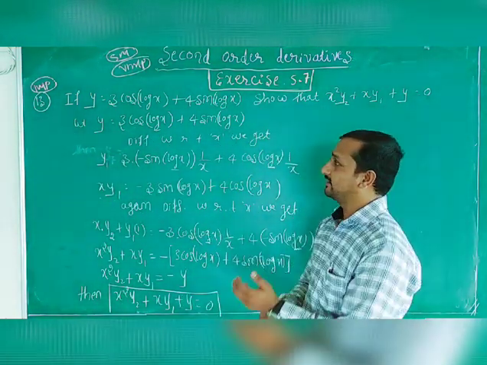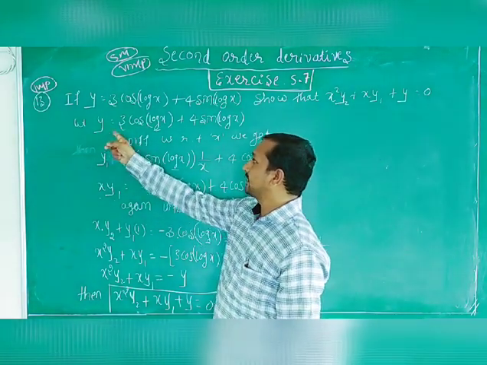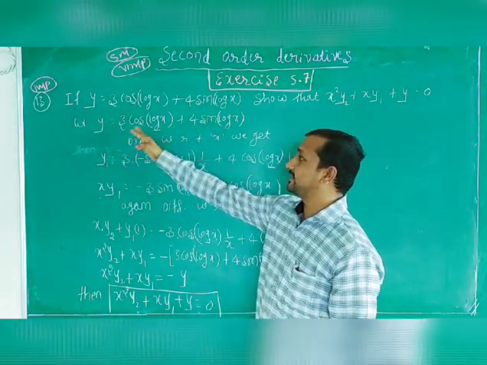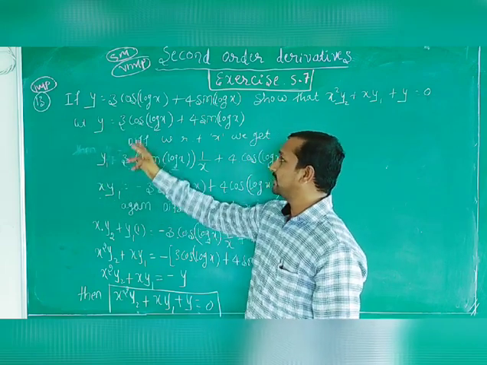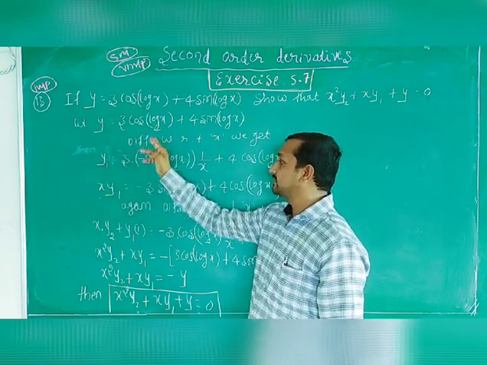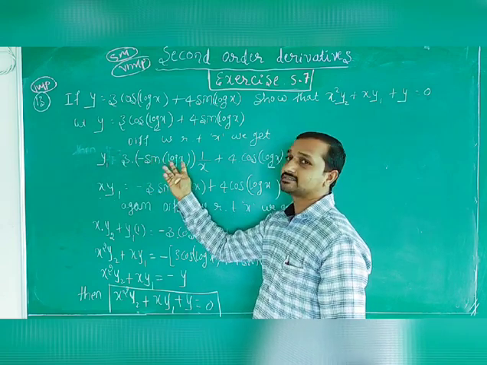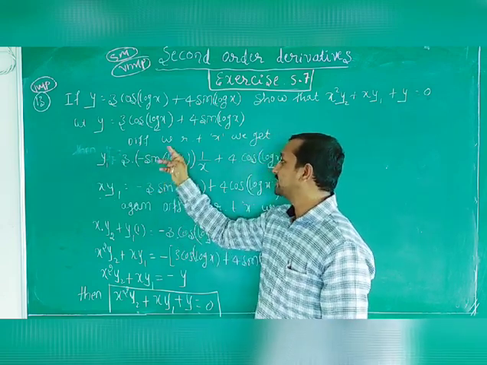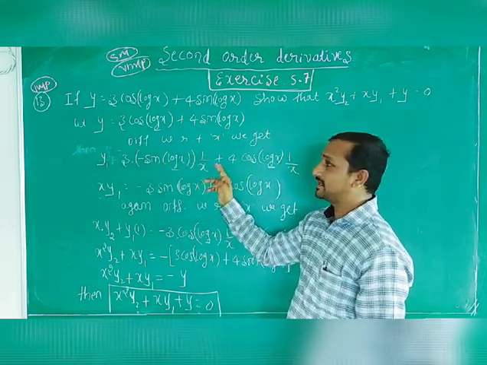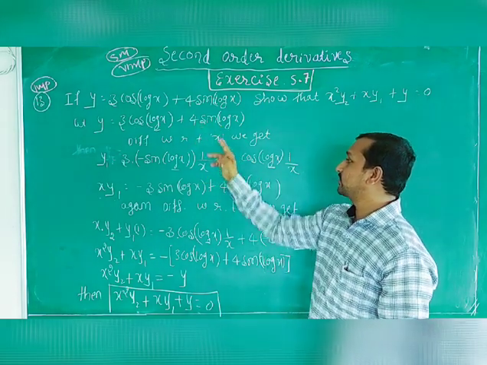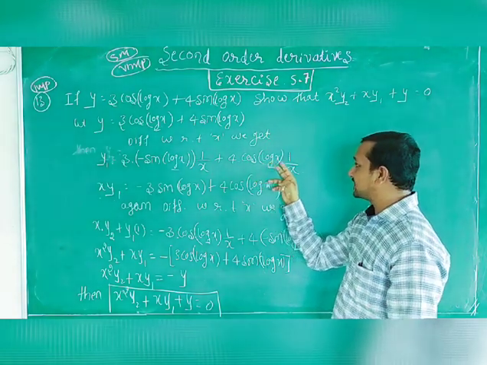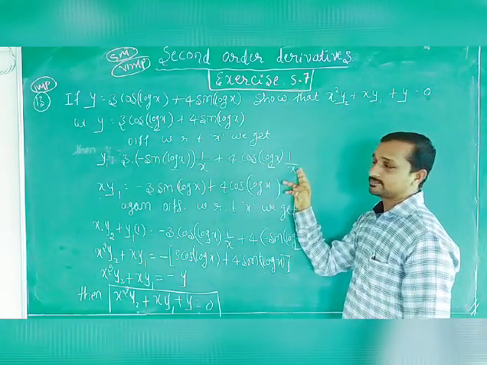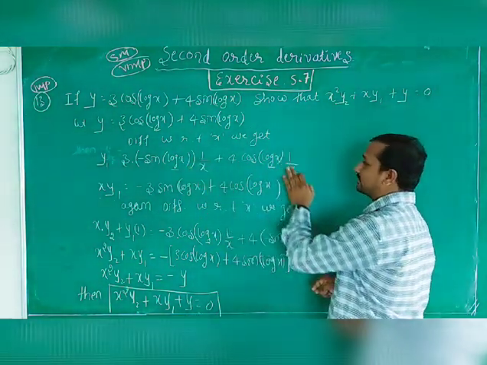So I can say it again another way. I can take y equal to this term, then differentiate the function y. Derivative of y is y1. So take 3 common. Derivative of cos x is minus sin of x. Instead of x, what is there? Log x. Again differentiate this, 1 by x. Plus, like that, same, 4 common. Derivative of sin x is cos of x. Instead of x, what is there? Log x. Derivative of this is 1 by x. Here also 1 by x, here also 1 by x is there.